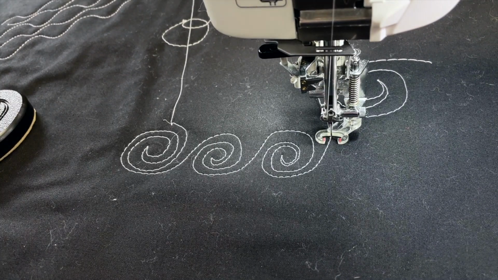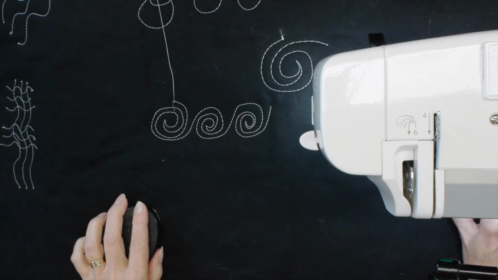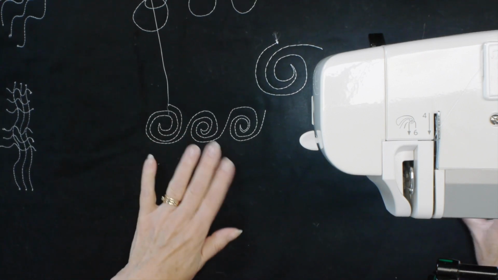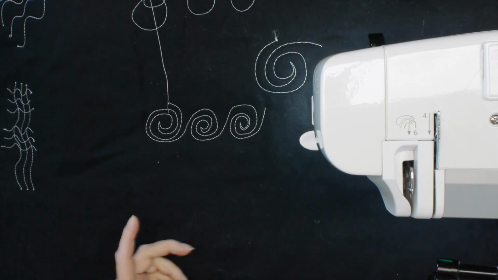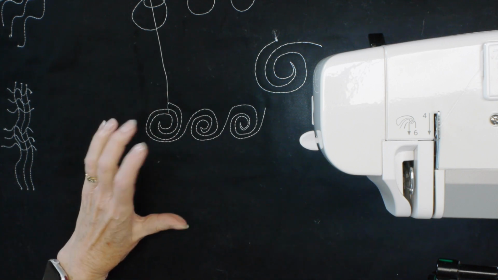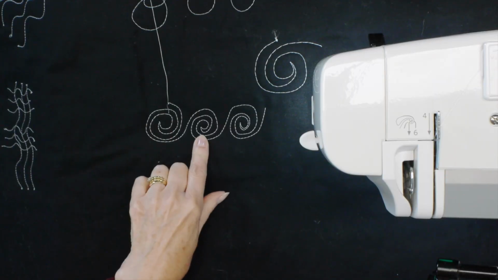Okay, I'm just going to stop here and show you what I've quilted, just so you get the idea here. So you just quilt swirls along in that border or sashing area, adjusting the size, as I mentioned before, for the size of the space that you're stitching in, of course. So they don't have to be perfect. If you wanted to, you could actually change the size of them. You could have a big one, a small one, big one, small one, that type of thing. So lots of different things you can do just with a simple swirl.